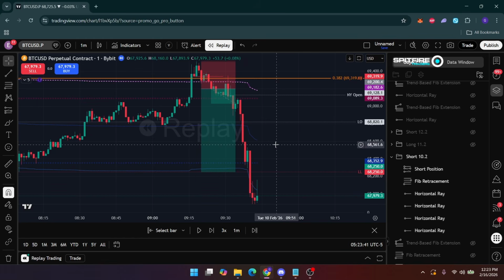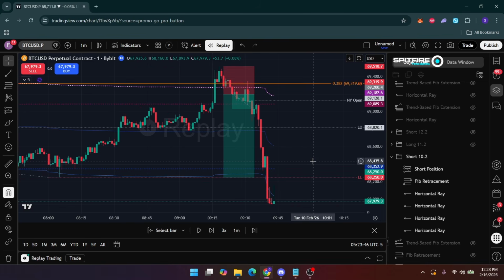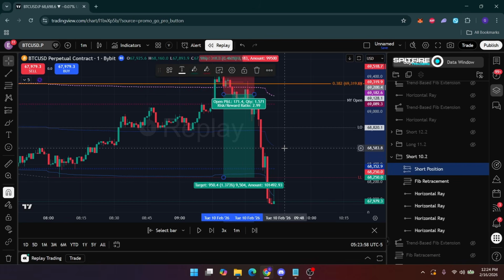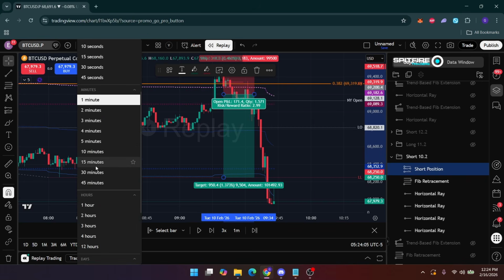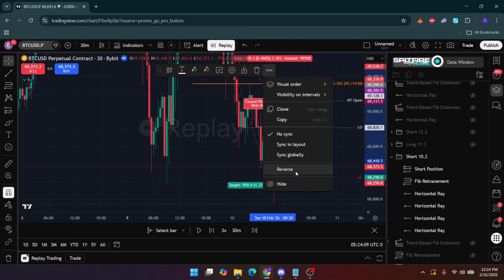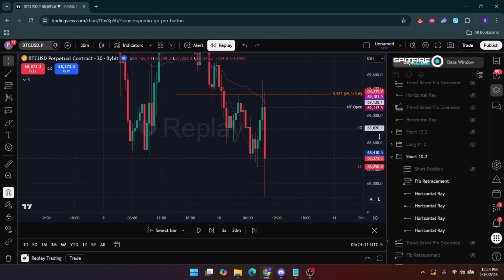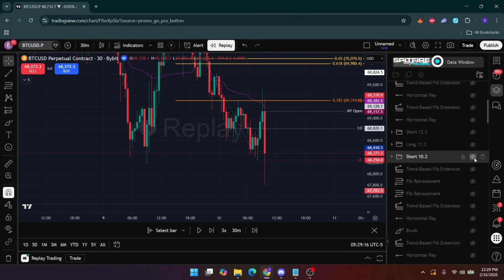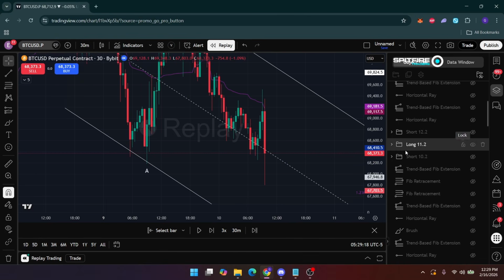This is why I like New York sessions, because if you catch the first move of the session, it usually plays out really fast and you can be in and out in about an hour. And as you can see, I got a 1.3% move, a 3-hour trade in just, let's see how long it took. Wow, just half an hour. Nice. Now, the next one is a long from the 11th,